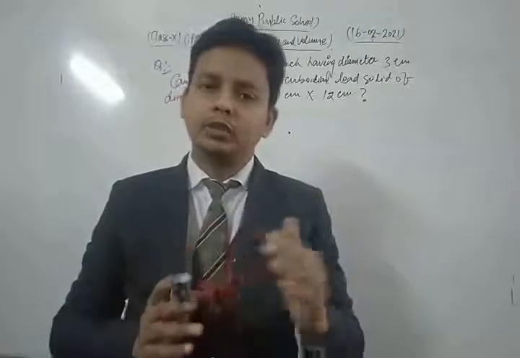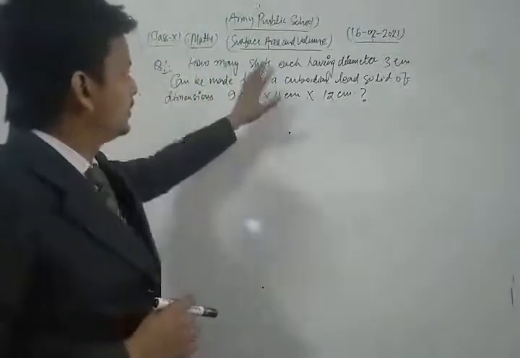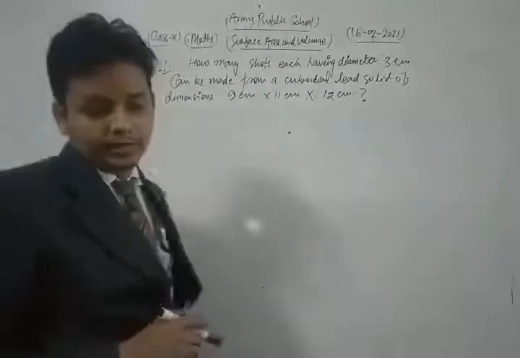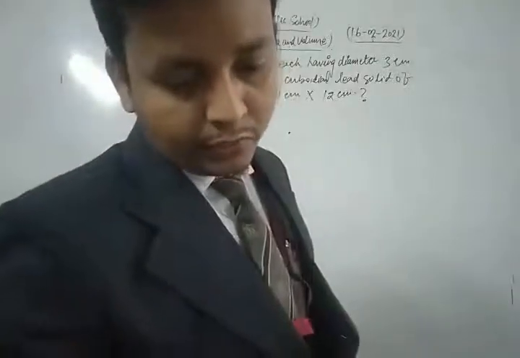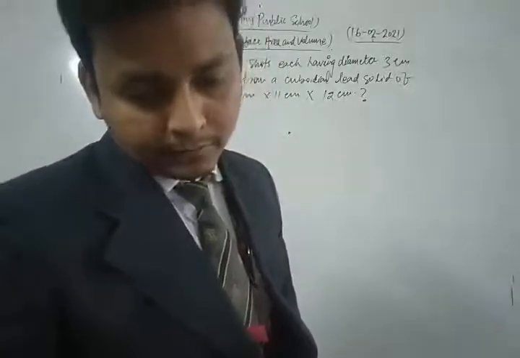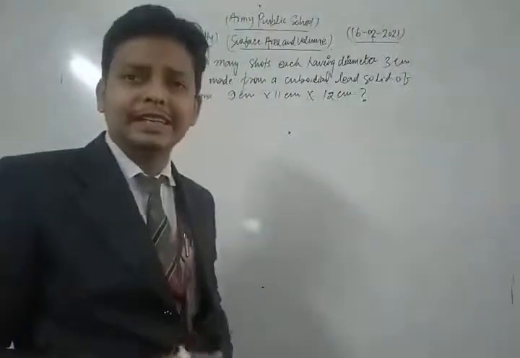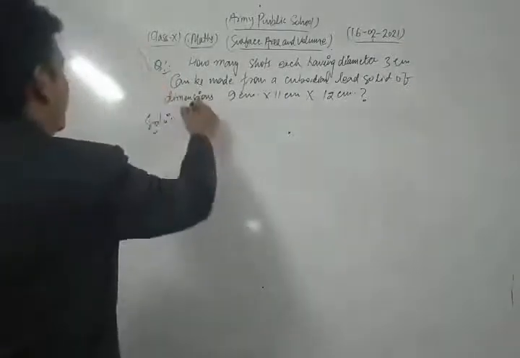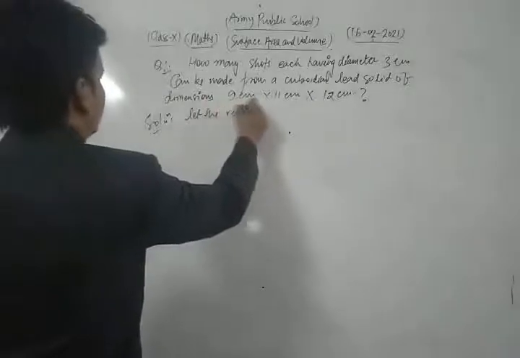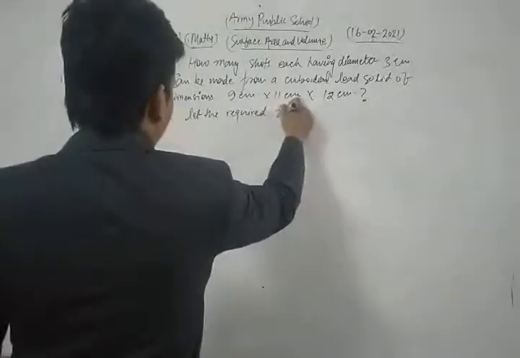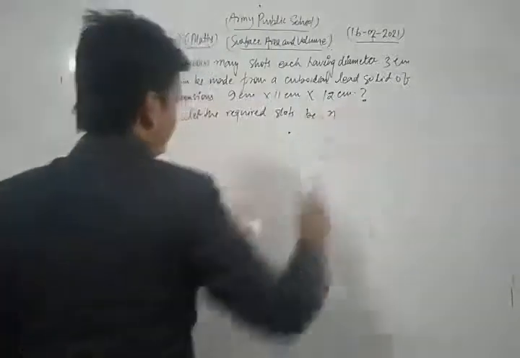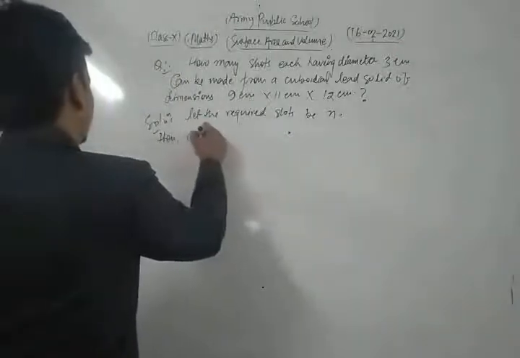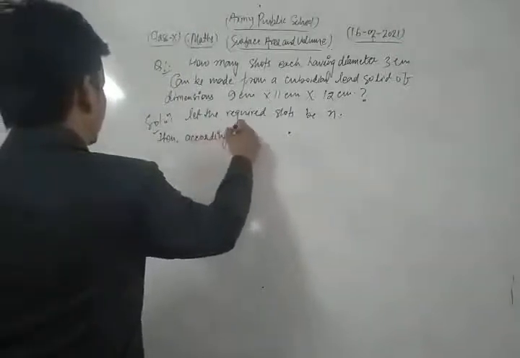For solving this type of question, the volume of the shots is equal to the volume of the cuboidal lead solid. So in that condition, let the volume of lead be converted into spherical shots. Let the required number of shots be n. Then according to the question,